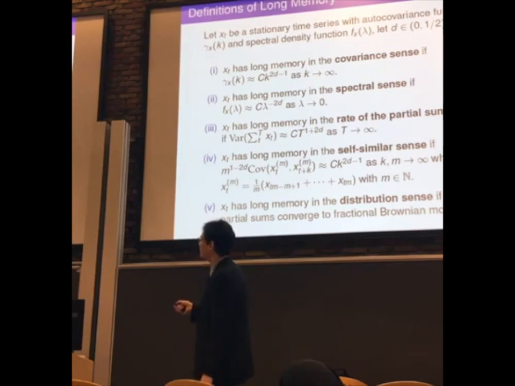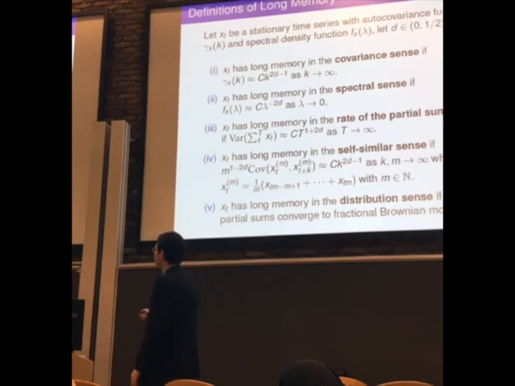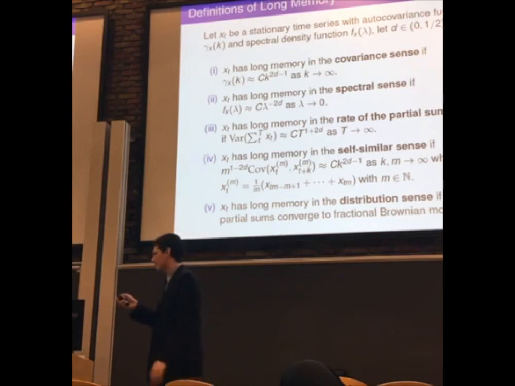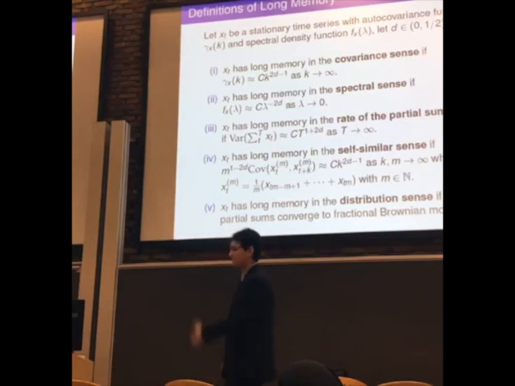Here what we're doing is it should have roughly the same observation function if I observe it daily or yearly. That's kind of the main idea of that. And then, for the final, we say it's in the distribution sense. If this process, when we go to a continuous manner, goes to a fractional Brownian motion, kind of the typical way to model long memory for continuous functions. So yeah, a bunch of definitions for long memory.